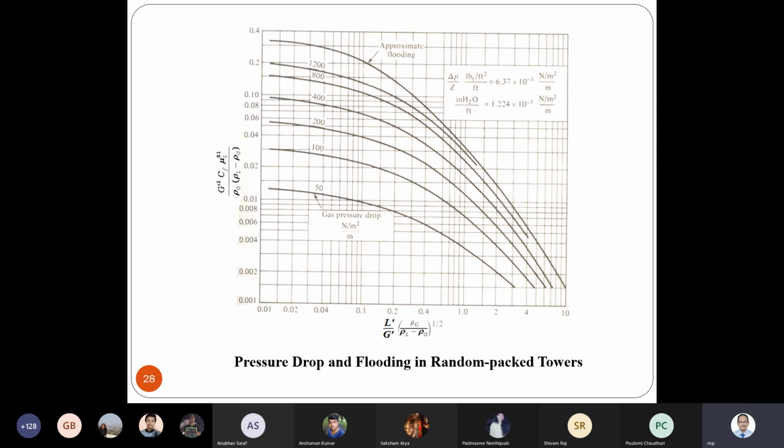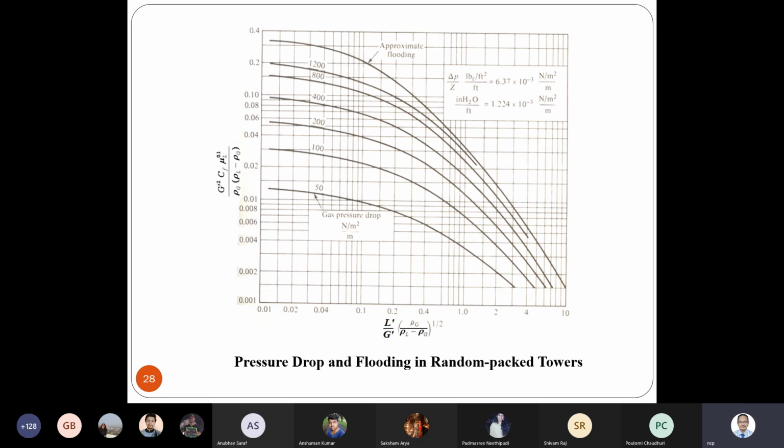But just to mention here that basically this concept of transfer unit is used in this case. The concept of transfer unit, and transfer unit is defined as that certain height of the tower where the change in concentration is equal to the average driving force, right? So basically the gas phase is continuously contacted, gas is going up, right?